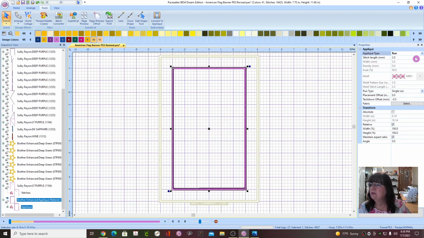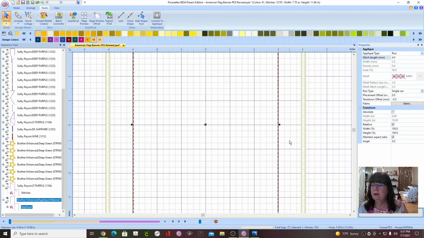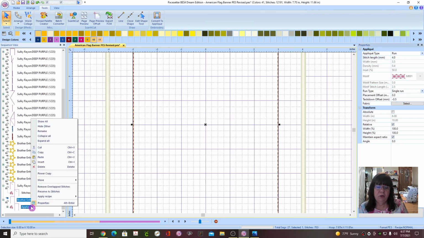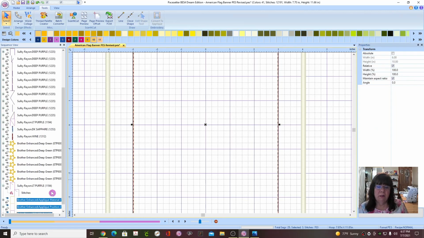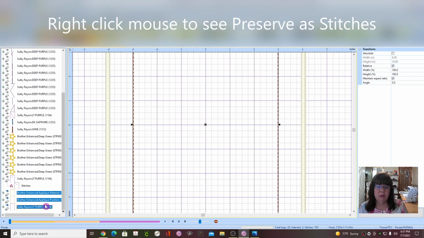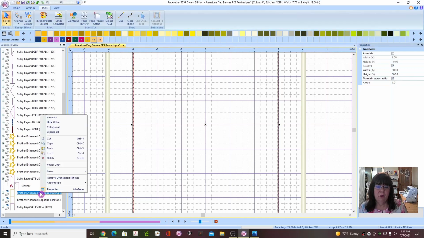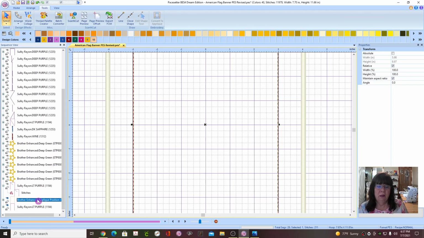And because this is the first placement stitch, if I want to, I can even make that stitch length longer. So let's try a 4 and see how that works. And then we'll select apply. Okay, and then we've got a nice long stitch just for the placement. Now it'll make it an applique, and we're not doing an applique feature there. So now what we're going to do is tell it to preserve as stitches, and then we can delete these first